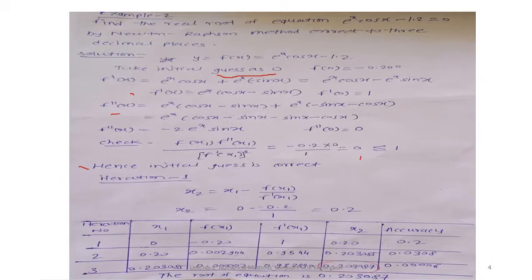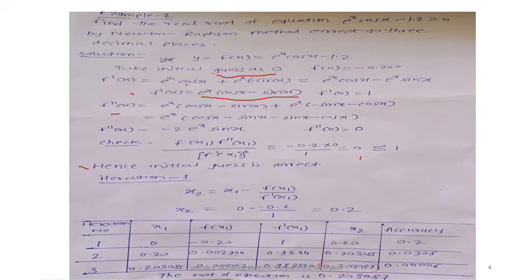In this case, f dash of x is calculated as follows: e raised to x into cos x. This is the u into v formula. So e raised to x cos x plus e raised to x into minus sin x, that is, minus sin x is nothing but the derivative of cos x. So this is the first derivative. For the double derivative, you need to differentiate this with respect to x. So in this case, e raised to x into cos x minus sin x, plus e raised to x into minus sin x minus cos x. That is the derivative of the second term. This is the product rule of derivative, which is used.